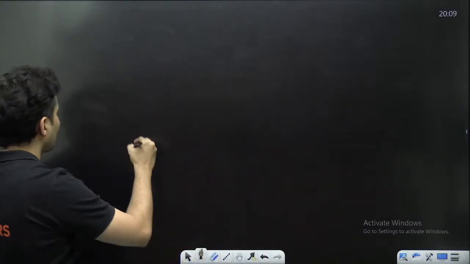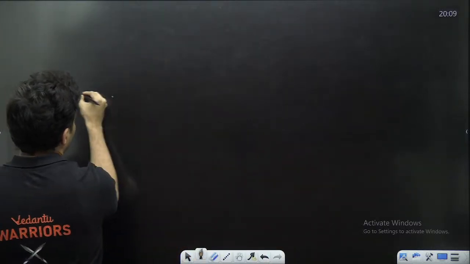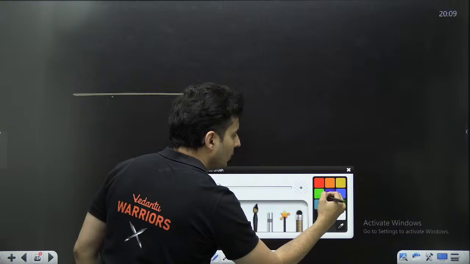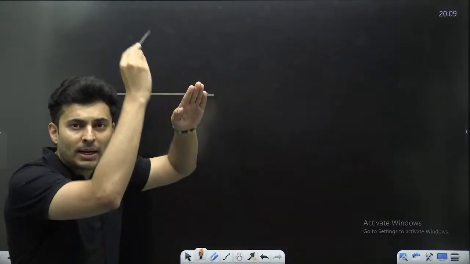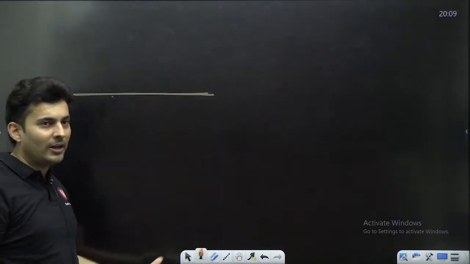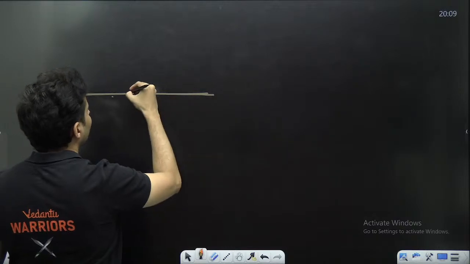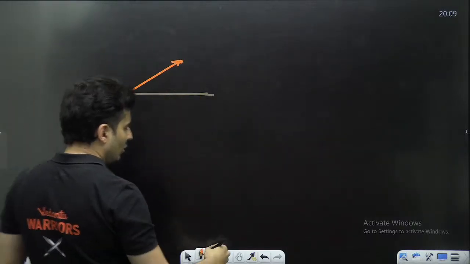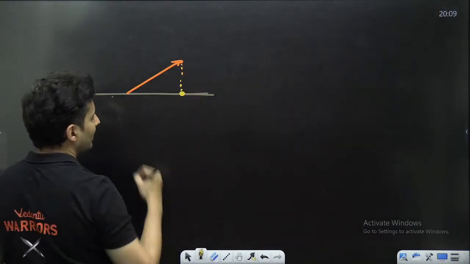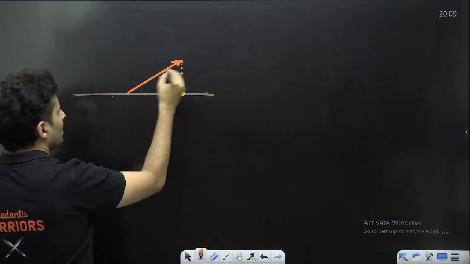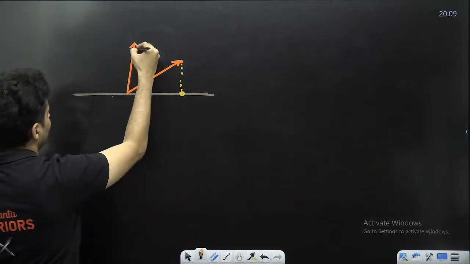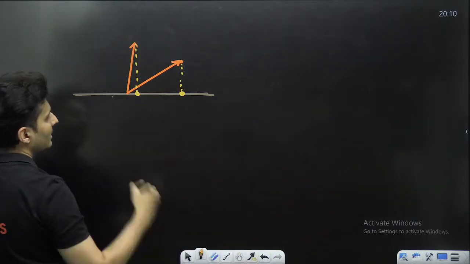Just think about it. If there is a line over here, and I tell you, your only job is to drop a perpendicular on the line wherever the point is. Let's say the point is here. You drop a perpendicular, and the perpendicular meets that line over here. After some time, this point reaches here. Your job is only to draw a perpendicular, so you draw it here.